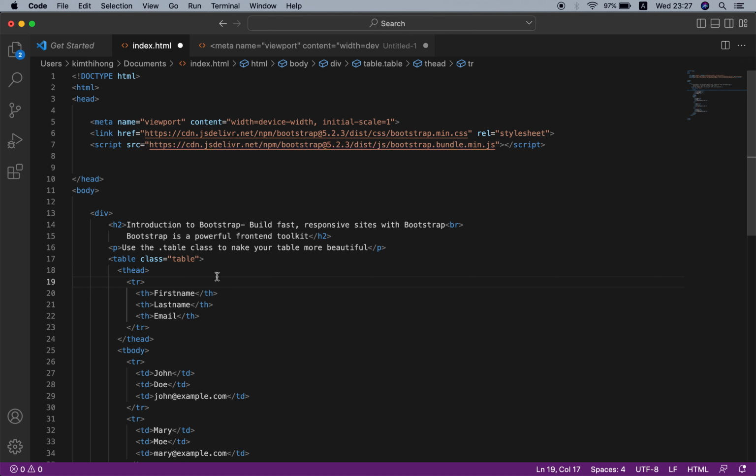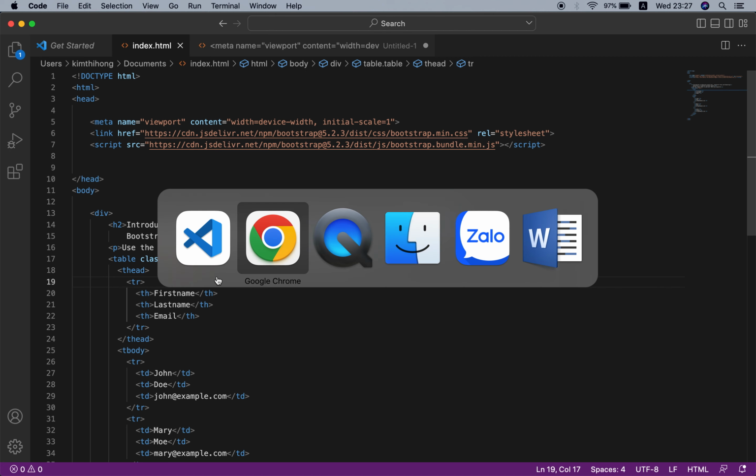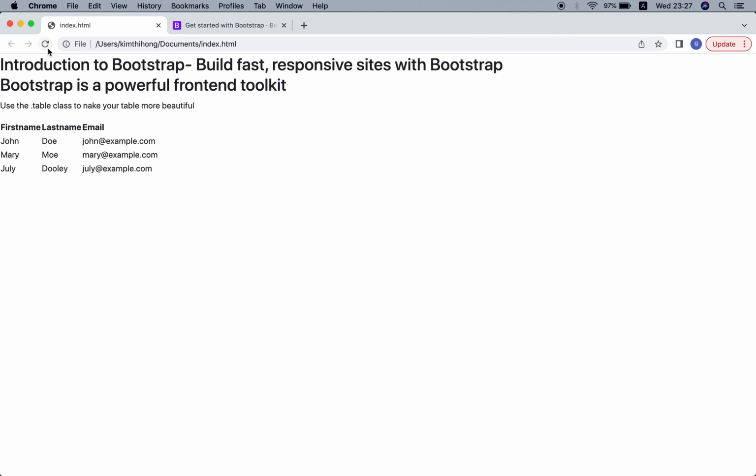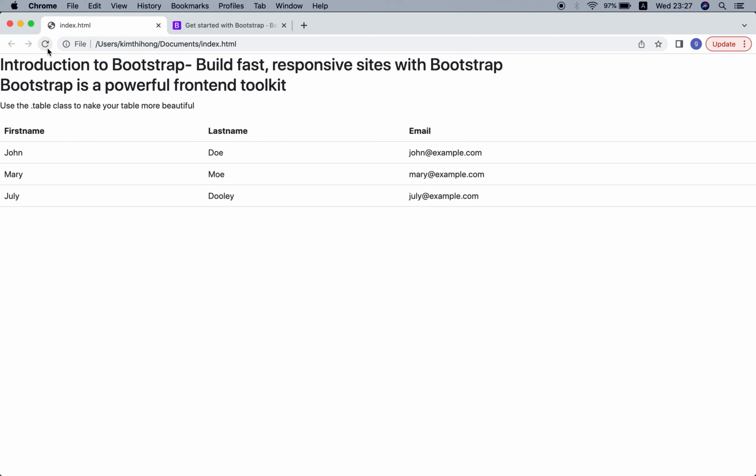Save now and see how the table is transformed. Oh, you see that the table is transformed with padding and alignment, and with a line here to separate each row in the table, and it's more beautiful. So that's so easy.